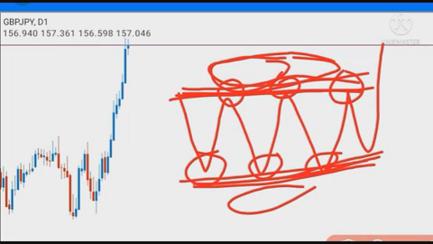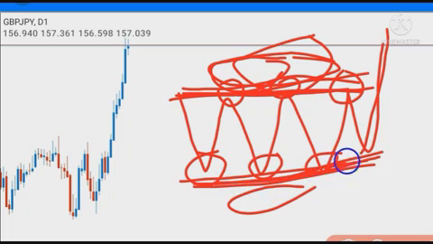Now, what do you think will happen here when retail traders see this movement up? Well, remember, this was a resistance and this was a support. And retail traders who saw this resistance sold here, and market makers now have pushed price up to capture all their stop losses resting above these highs here.